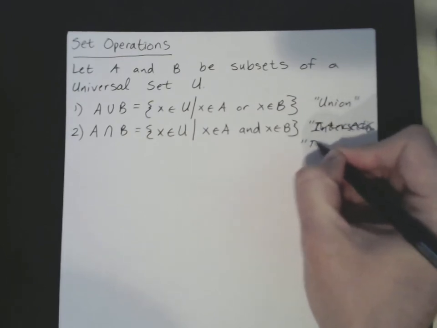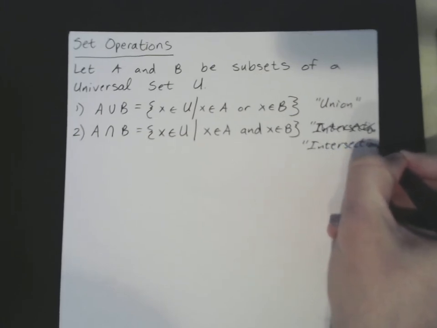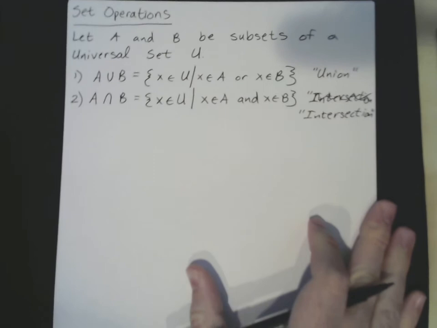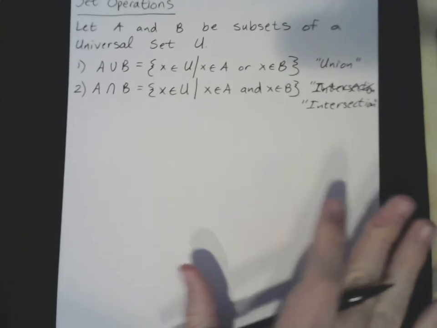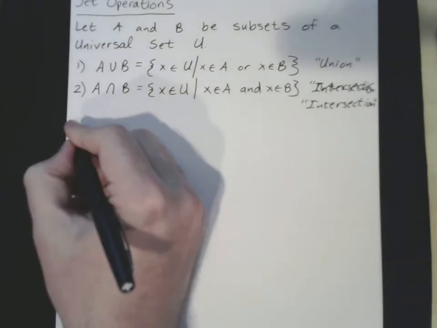Didn't give myself enough space there. Still didn't give myself enough space, but that's okay. That's our intersection. It's our conjunction of sets. Then we have